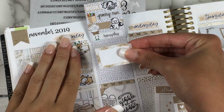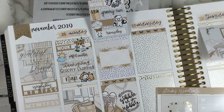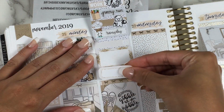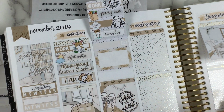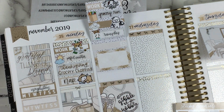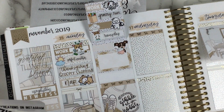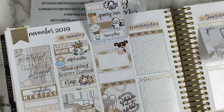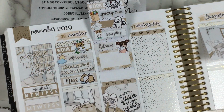Because it was raining, I like to be all cozy during those days, so I had hot chocolate. So I'm using this hot cocoa script, also from Kinsey's. Well, you're going to see a lot more Kinsey scripts in this spread, so if a script is not from Kinsey's, then I'll let you know, but otherwise just assume it's from Kinsey. And the hot cocoa sticker is from Creating & Co., the little Exo the dog character with some hot